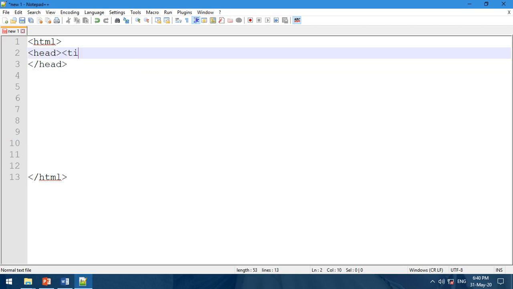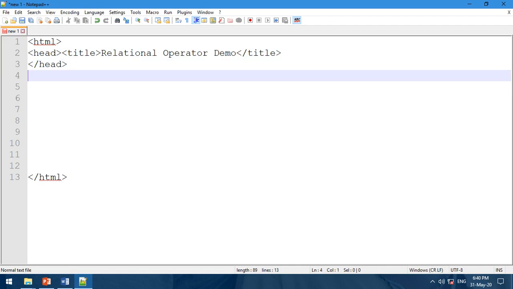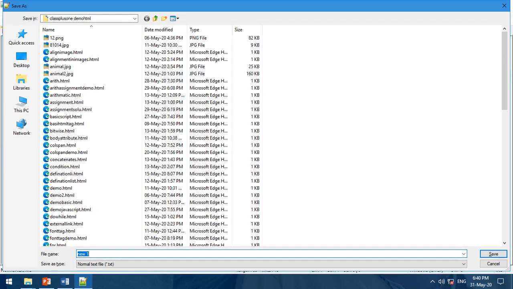Inside the head we have a title. Inside the title, relational operator demo. Close the title. That's it. Now save the file.